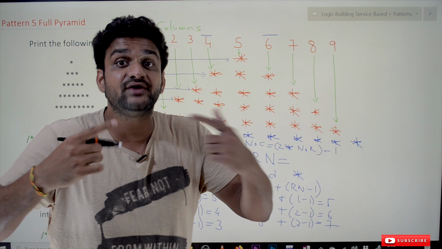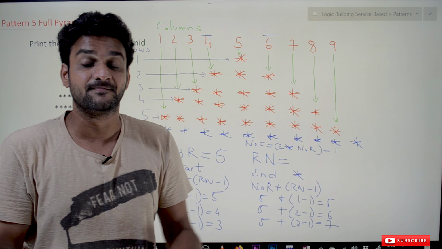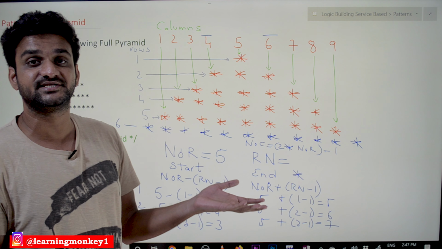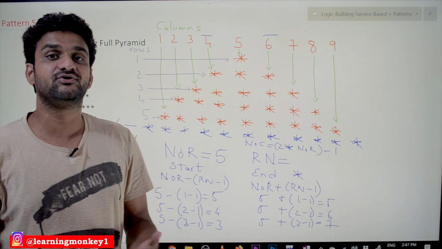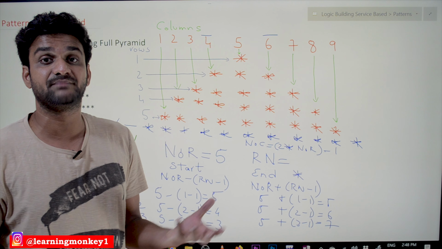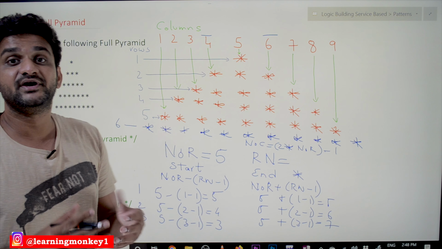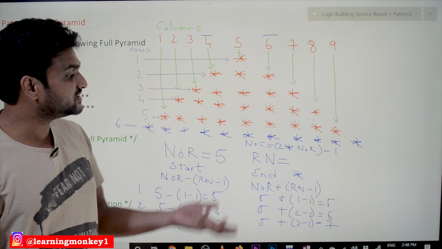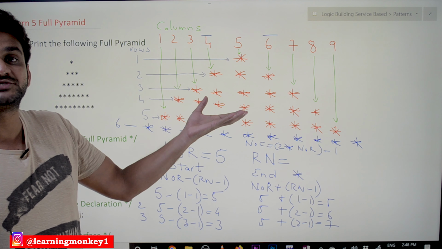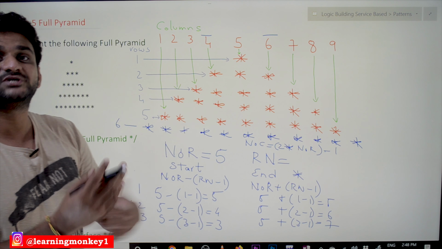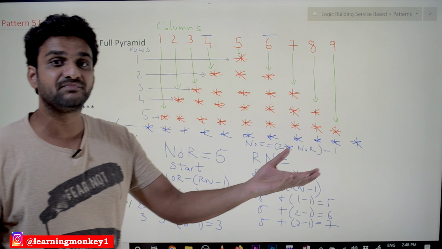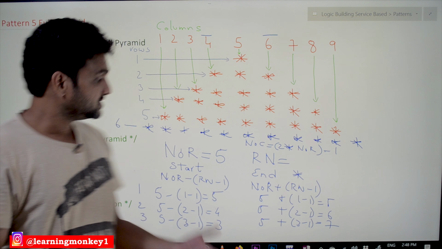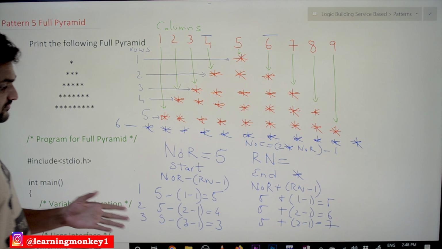So this is the way we have to analyze the patterns. From this we will get some logic, and this is my way of analyzing. You can analyze in your own way. You can bring a better formulation for this, where the algorithm can be solved very easily. This is the way that I have identified and solved this problem. It depends from person to person. Someone may take a longer way, someone may take a shorter way. So this is one of the ways we can go with this.